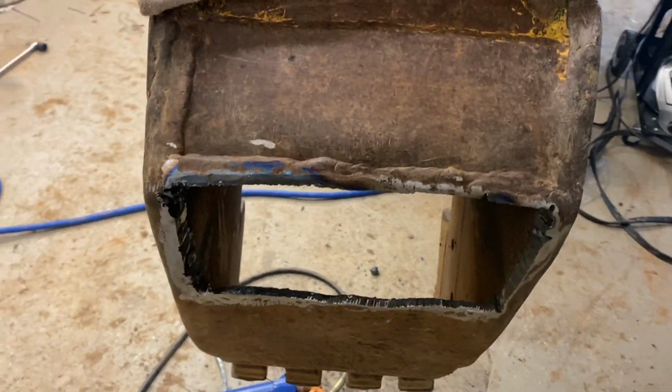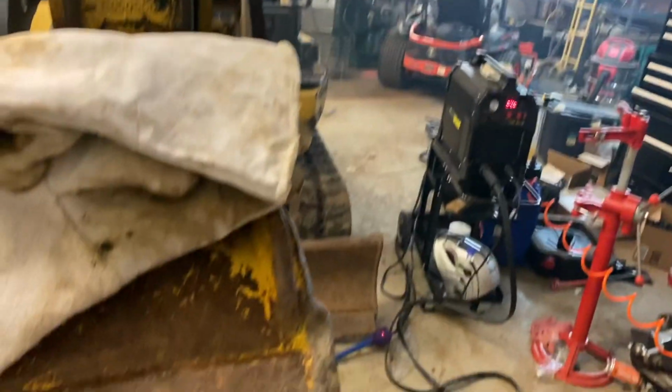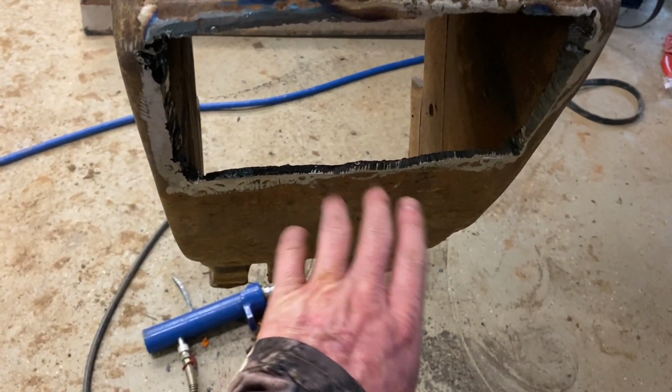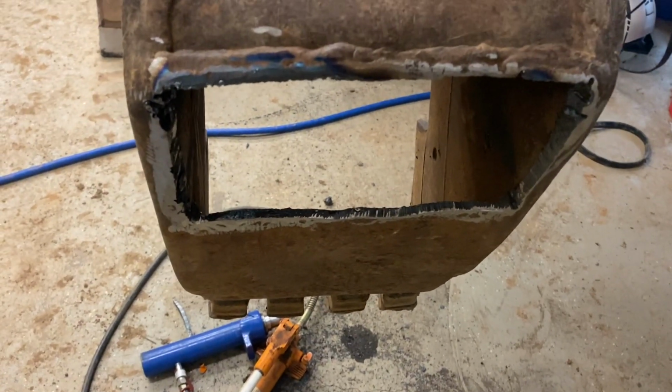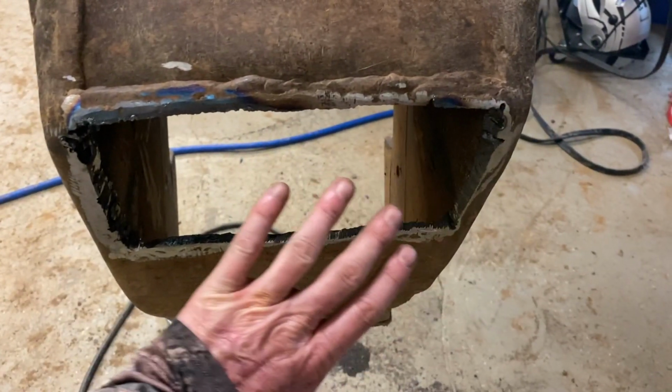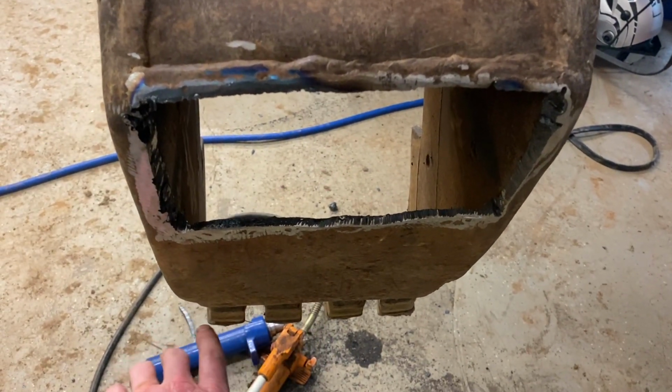Alright, this ain't been too bad. A little smoky in the shop. I'm gonna have to turn on the vent. So we got the bad part cut out. Took the porta power. Got enough of that cut out where it's real easy to bend this back almost straight. It's pretty close. So I'm gonna weld in a replacement piece here, and then we'll put probably at least 2